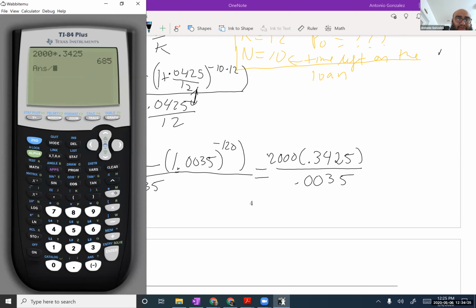That equals 685. Then divide that by 0.0035. And we get